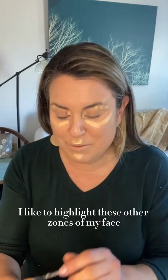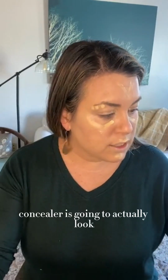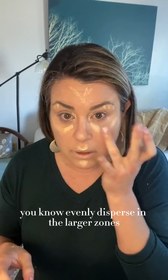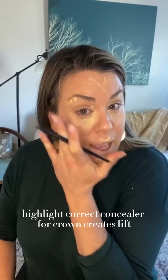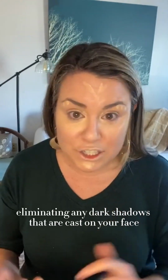And then I like to highlight these other zones of my face. Concealer, rather, don't get the two confused. First I'll take my finger and evenly disperse it in the larger zones, like under my eye. Highlight concealer creates lift. The consistency is a little bit thicker than your foundation coverage, and so it's fantastic for eliminating any dark shadows that are cast on your face. I highly recommend